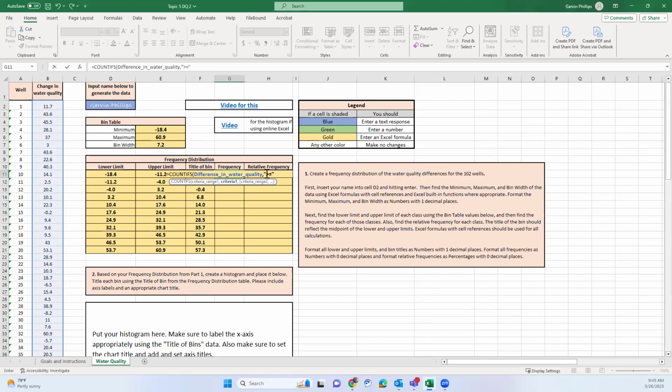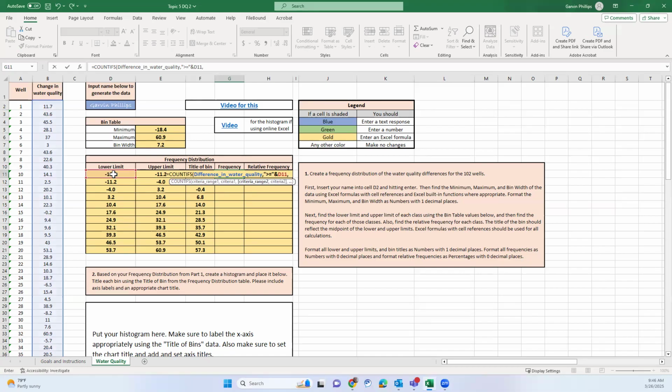So that's telling me what I'm doing. This is the criteria. Do this if, and I'm still in the first criteria, and I want to now reference cells. So if it is greater than, and then I use the ampersand, which is the and symbol. Okay, and I say D11. So if it's greater than that, I want it counted. Now I can end that criteria, and I'm going to select the other range,